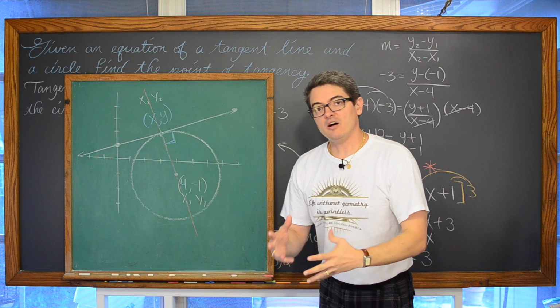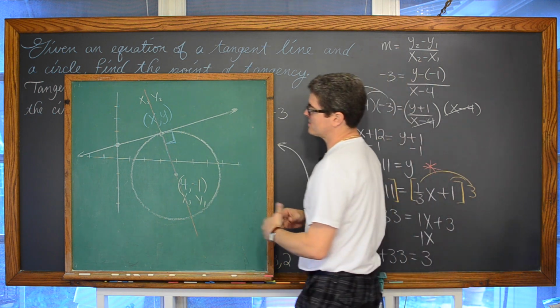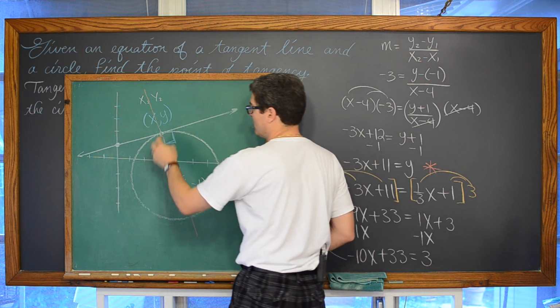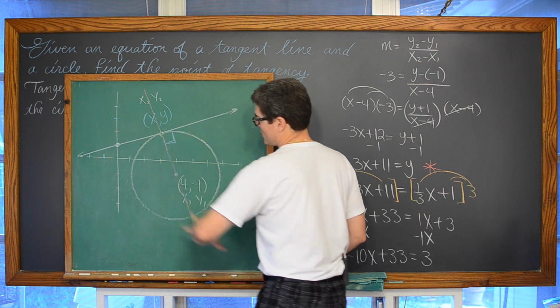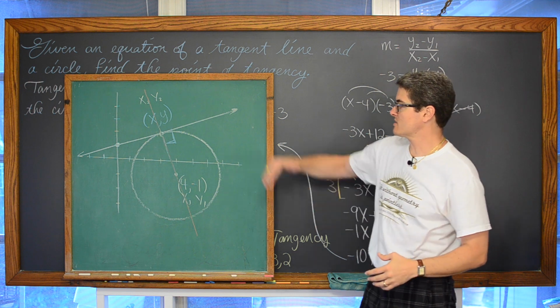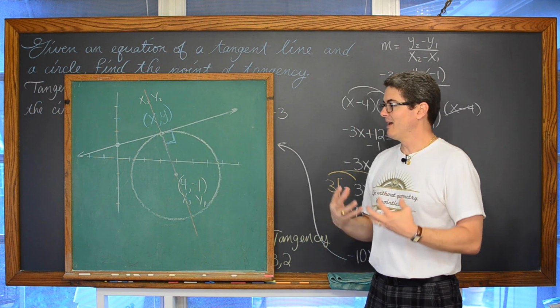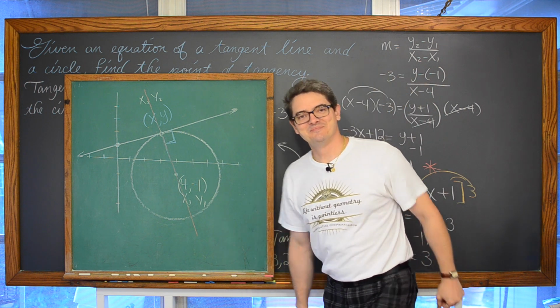Now I'm going to step off, clear all this off, and work the problem out for you to say, hey, we could have just, like I said at the beginning of this example, done a direct substitution and solved the problem without using that relationship between the slope of the tangent line and the slope of the radius, them being perpendicular. I like this method better. You might like the other way better. Let's see.